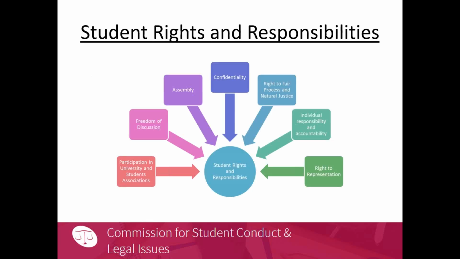Slide, please. An essential reminder for our colleagues is that of the basic rights and responsibilities that students have on campus. It can often be difficult to break the mold and mentality that students have no rights but to obey, especially at an institution with a great deal of enduring faculty and staff culture that has not historically valued student rights. We have the opportunity and responsibility to educate our colleagues about students' rights, particularly around confidentiality, the right to due process, and the right to representation.